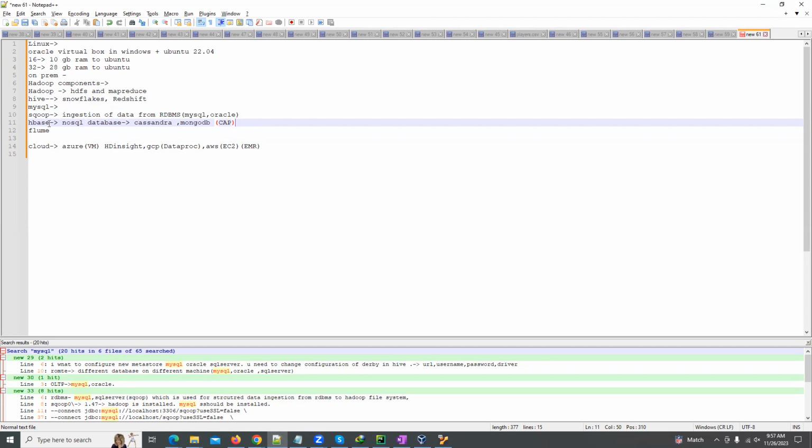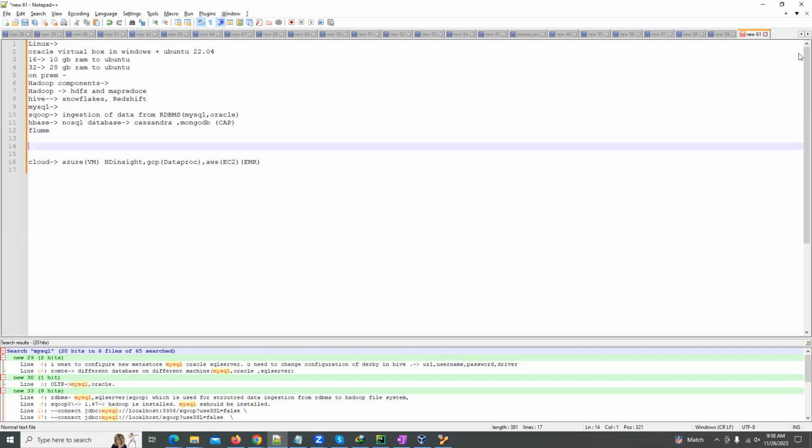When we are learning HBase, we need to understand NoSQL databases and SQL databases, like we are already learning with Hive, right? So we need to know MySQL or any SQL database, the SQL programming concepts. Okay. And when we are installing the components, first we have to install Hadoop, Hive, Sqoop, HBase, Flume, and